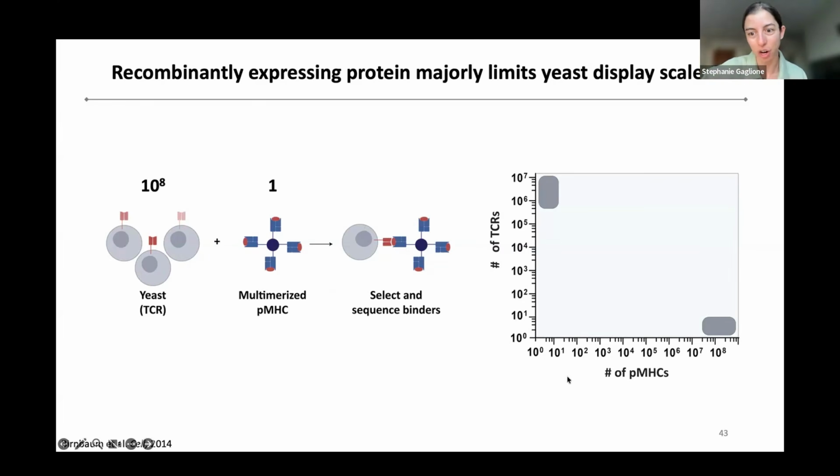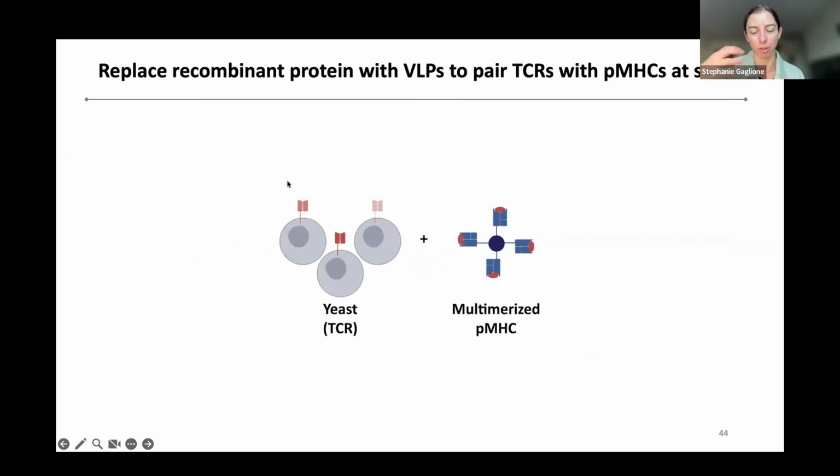So you can have TCRs, you can have peptide MHCs, and this is work that was really spearheaded by Michael while he was in Chris Garcia's lab, as far as the peptide MHC side, being able to look at TCR cross-reactivity. The typical way you do this is by generating recombinantly produced protein for your pMHC or TCR, and then selecting and sequencing binders. You can do this multiple times for different libraries, different multimerized pMHCs or TCRs, but inevitably you're going to run into the limitation of needing to produce recombinant protein and needing to execute these screens